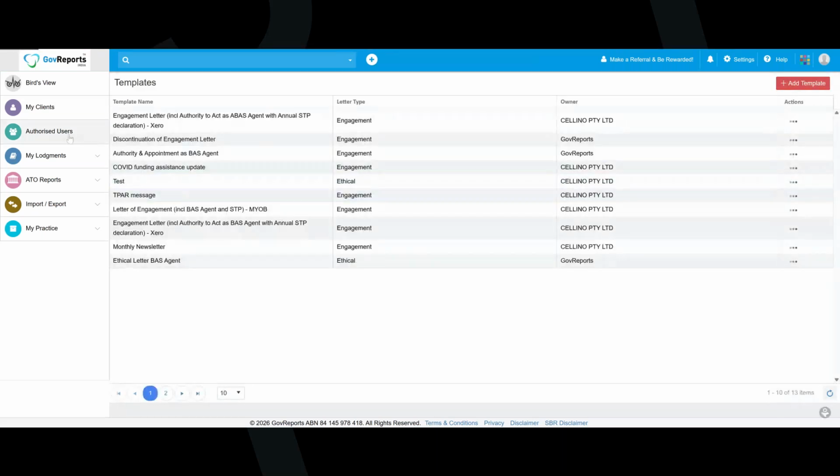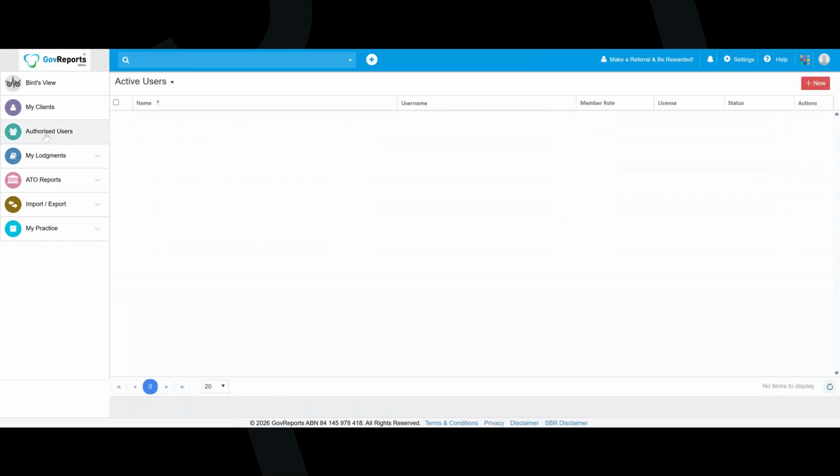You also have authorized users here. So anyone who has a license, if you create an authorized user, you can then associate a license to them. And as I mentioned before, you can manage the user access within the client area. In our practice settings,